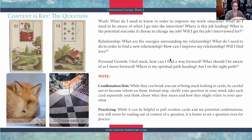So I would say I'm not going to get a clear reading on that, and I don't feel that that's right. How about if we just look at the relationship and what you need to know about it, how you might need to move forward, and reframe things? There's no reason why you can't do that, and just be open and honest about how you see readings, and let's try to work this question so that it will give you the best information you can get. So that's why it's important to know how you see the world, how you see readings work, and what it is you're willing to read on before you really go into this, because it helps you to frame your questions. And I think I'm rambling